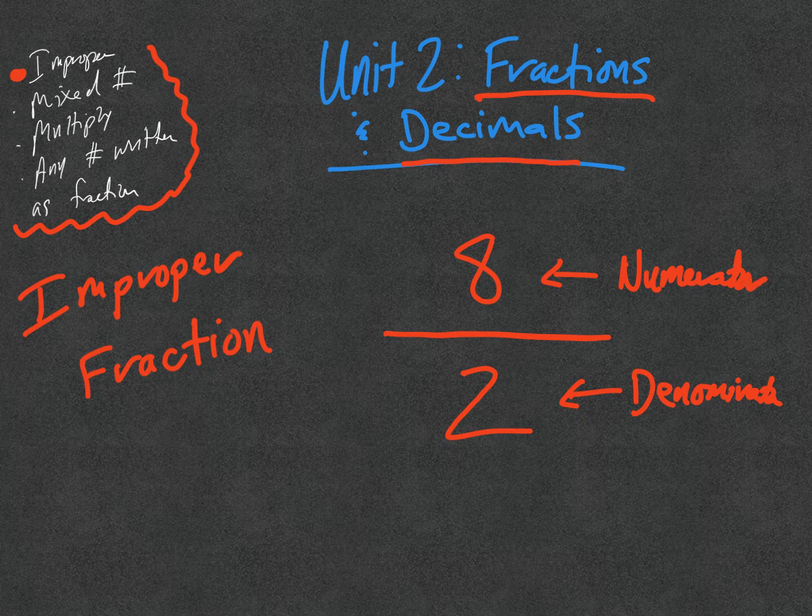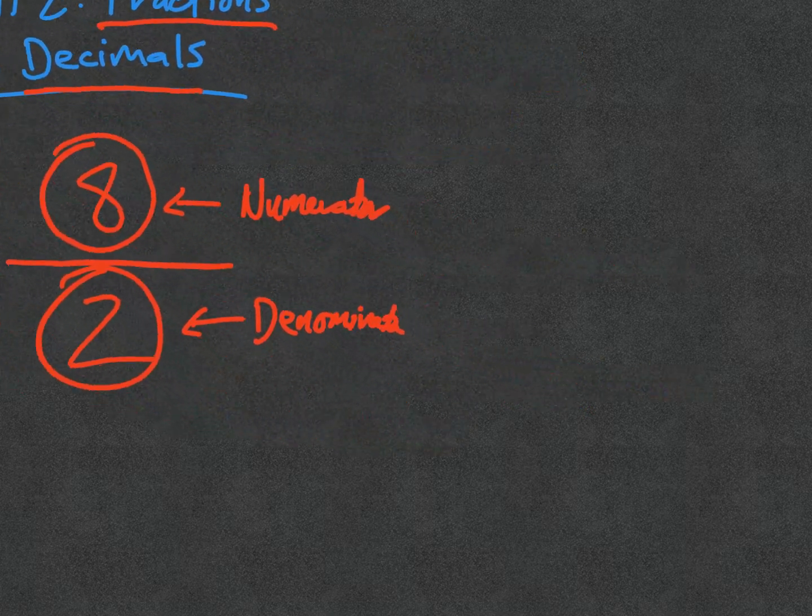And so when you see an improper fraction like this, where the numerator is larger than the denominator, what you're going to want to do is turn that into a mixed number whenever you're providing your final answer. Okay, and so let's clear this space here. So if we have 8 and 2,